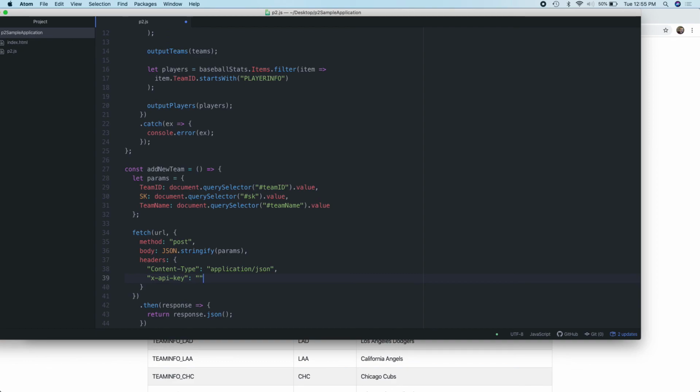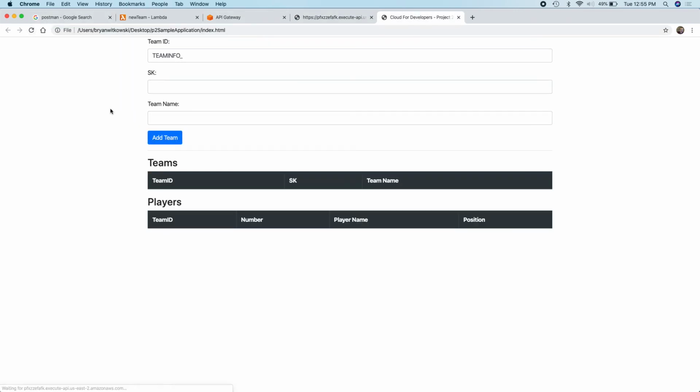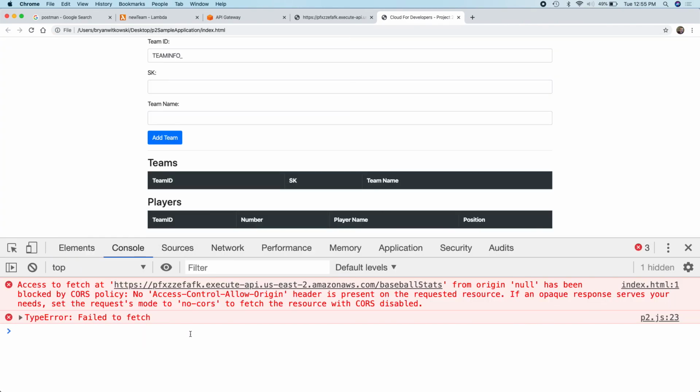It's pretty easy, right? Has to come along with the request. Otherwise, the request will fail because now my API requires that API key. I guess before I actually modify this, I just want to show you that it's not working anymore. Okay, so if I go back over to my application and I try to run this, I don't have very good exception handling. I told you that, right? With the client application, if I go inspect it and I look at my console,